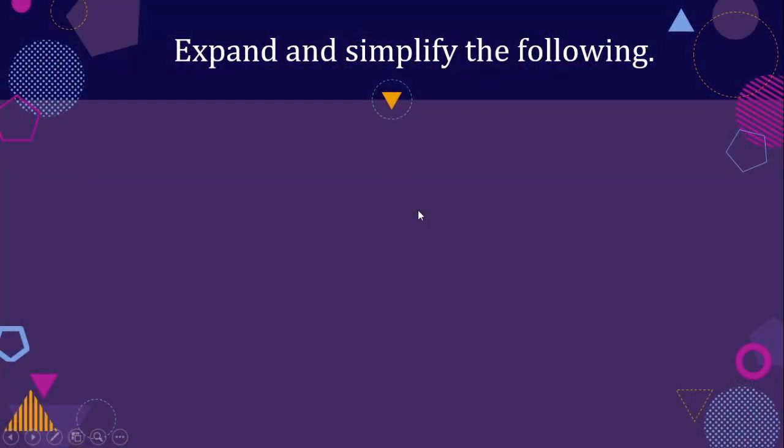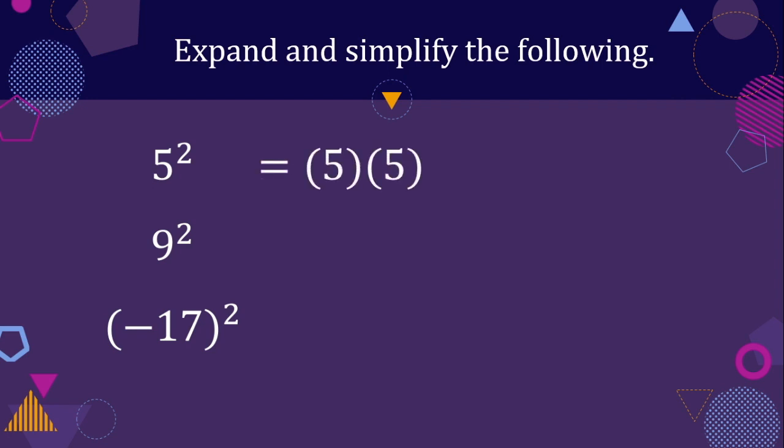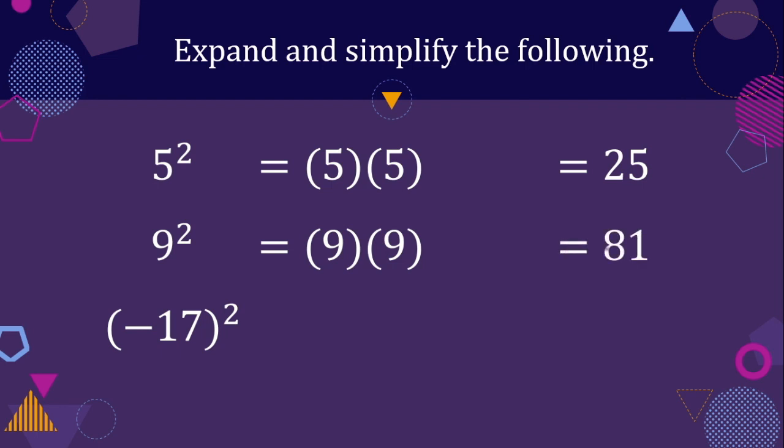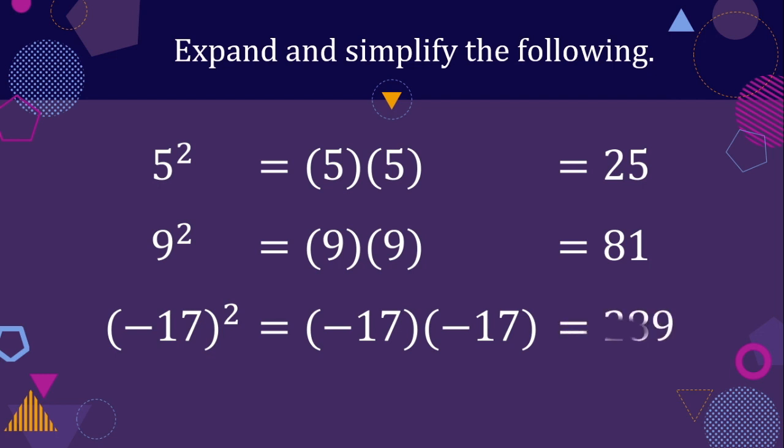Now, let us try to expand and simplify the following. We have 5 squared, 9 squared, and negative 17 squared. Let us do the first one, 5 squared. When we expand, we will have 5 times 5, and the answer is positive 25. For the second one, 9 squared, we will have 9 times 9, and the answer is positive 81. For the last one, negative 17 squared is equal to negative 17 times negative 17, and the answer is